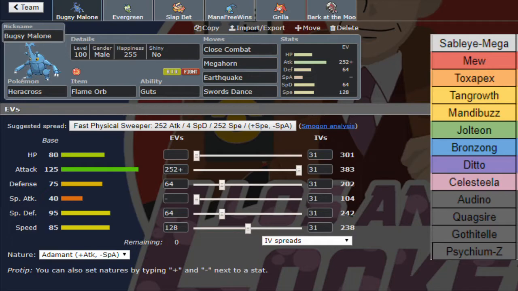And so, going into my prep, I thought, well, first things first, a wall breaker would be nice. So I'm bringing a Guts Swords Dance Heracross with Dual Stab and Earthquake, pretty much covering the team, and enough speed to outspeed a min speed